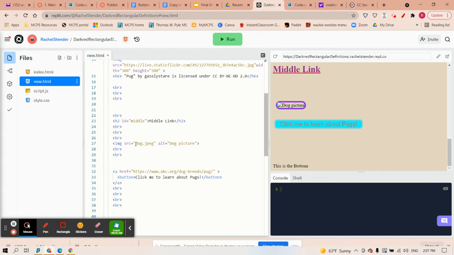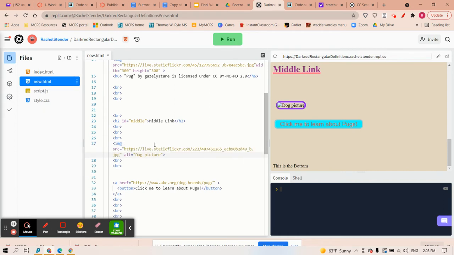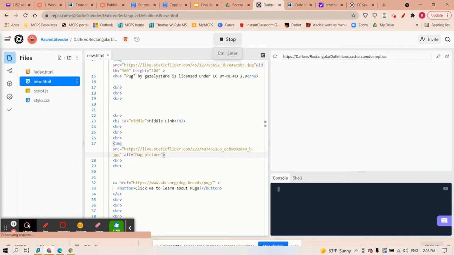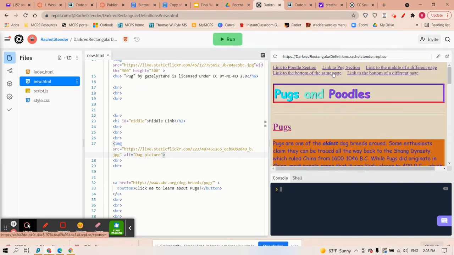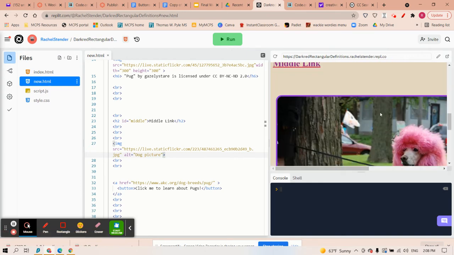Middle link, image. Instead of having the dog.jpg, since I don't have that, I'm going to right click and paste, but let's try this. Actually, I'm just going to right click and paste. Let me delete this out, do a Control V to paste it. And then when I run, and I will link to the middle of a different page, I now have that